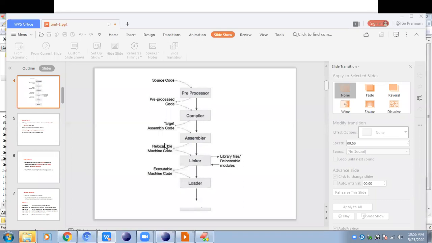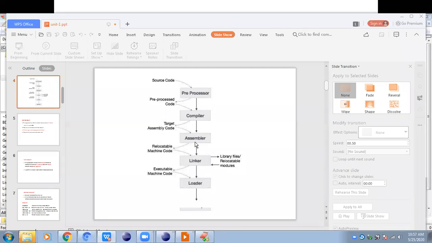Clear. Next, what about this assembly language? Again, this assembly language is not understandable to the machine. The machine can't understand assembly language either. So again, some help is needed for translating assembly language to machine language. Directly, our target is machine language. But now we have only assembly language.